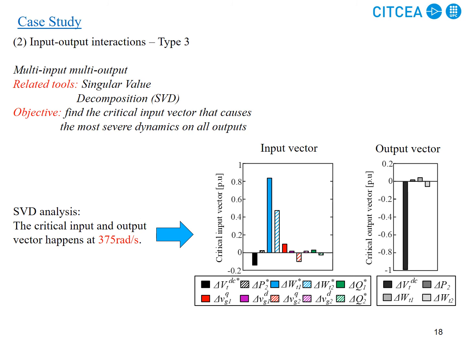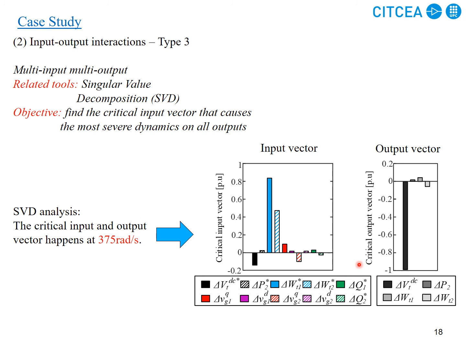And last, the interaction between all inputs and all outputs. The tool is singular value decomposition, SVD. So as it is shown here, if the inputs have this direction, which means that if the DC voltage drops by minus 10%, power is increased by 5% or so, total energy is changing by 80%, which is a bit unrealistic. And if this combination of input and output, with this magnitude and also direction, minus or positive, happens,